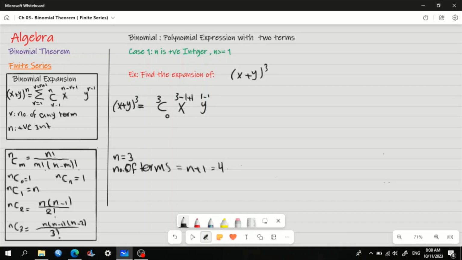So 1 minus 1. Plus, move to the next term, here 3 combination r, where r is equal to 2. Okay, so 2 minus 1, x to the power n minus r plus 1. So 3 minus 2 plus 1, and y here is r minus 1,